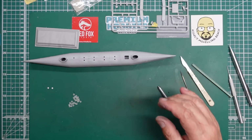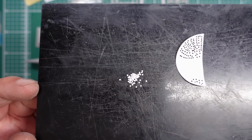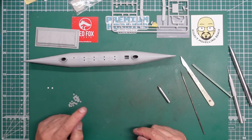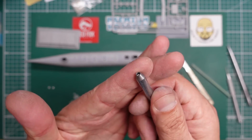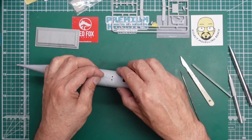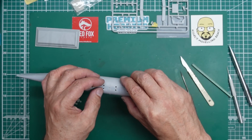Now the rivets are simple. They're just sort of 1mm diameter, 10 thou thick plastic card. I've punched them out. They're on an acrylic sheet, and you'll see why in a minute. But I want to do the window frames first. So what I did, I made a 3mm punch, or 3.2mm punch, which is what diameter they were. And then the original plan was to punch out some plastic card and then place the plastic card over the porthole, get it central, and then